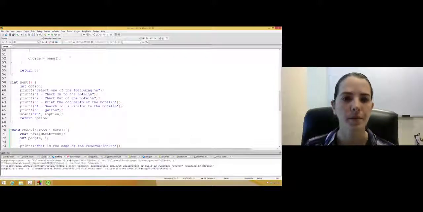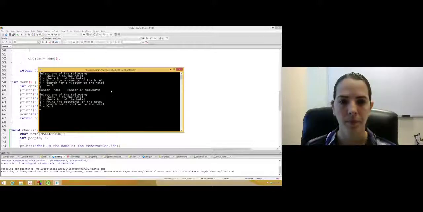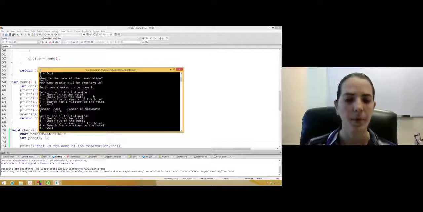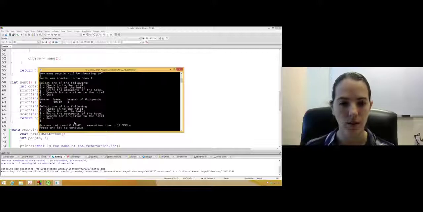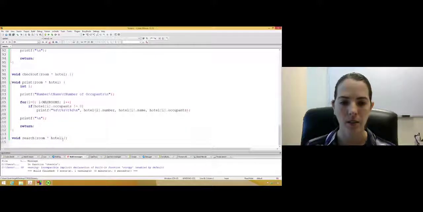So let's try again. See if our output looks a little bit better this time. Here we go. So now we need to add our other options. Let's go ahead and do search. In search, we're just going to look for a particular reservation